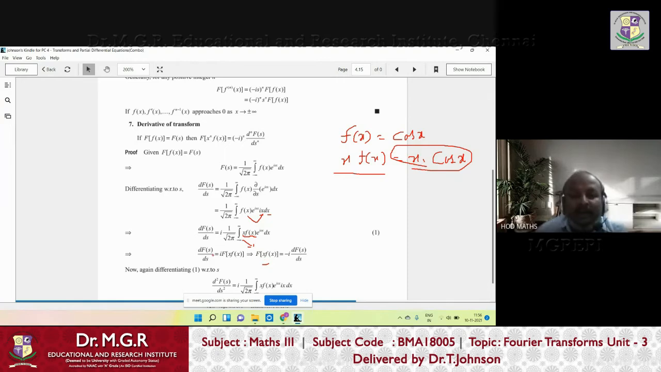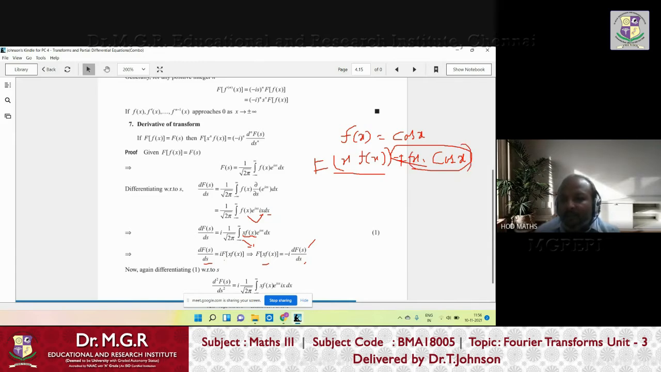So what happened? Now differentiation of capital F of s, otherwise the derivative of the transform, is equivalent to i times Fourier transform of x into f of x. So what is the meaning of this, right? If you want to find Fourier transform of x cos x, then simply find Fourier transform of cos x and differentiate this with respect to s one time and multiply with minus i, right? What is the meaning? If you want to find Fourier transform of x f of x or x cos x,